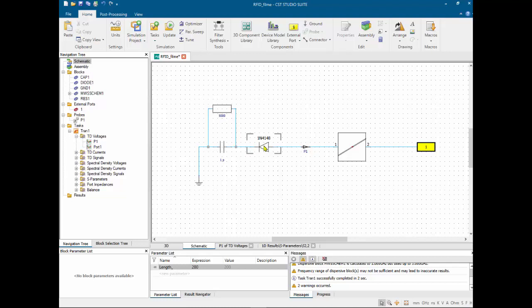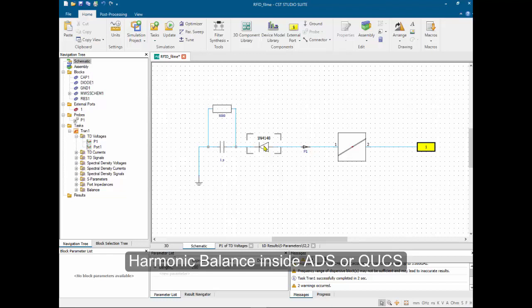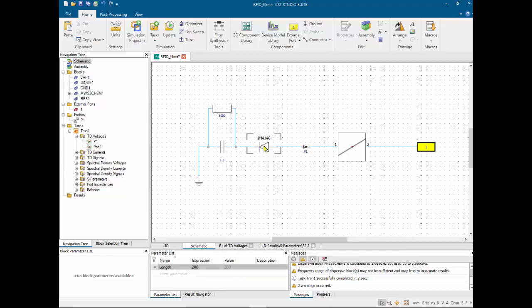It would be even better if you had a simulation using the harmonic balance. For that matter, it's better if you use ADS, or Qucs, or any other software. But just for the sake of simplicity here, I'm showing how to use the transient solver of Microwave Studio, which is more or less what SPICE does. More or less it's the same.